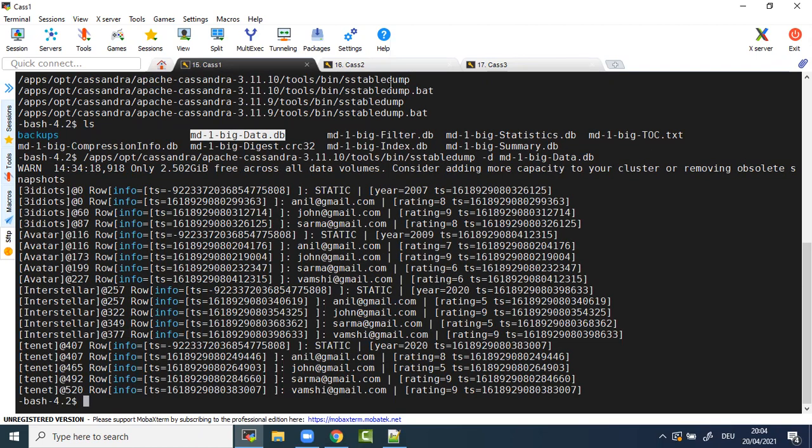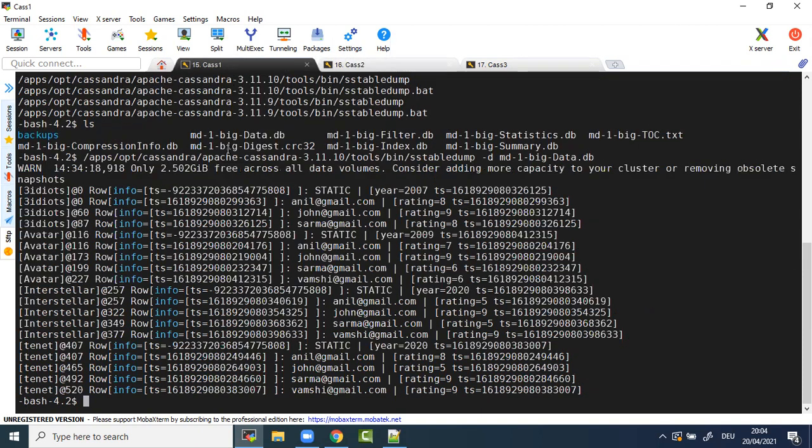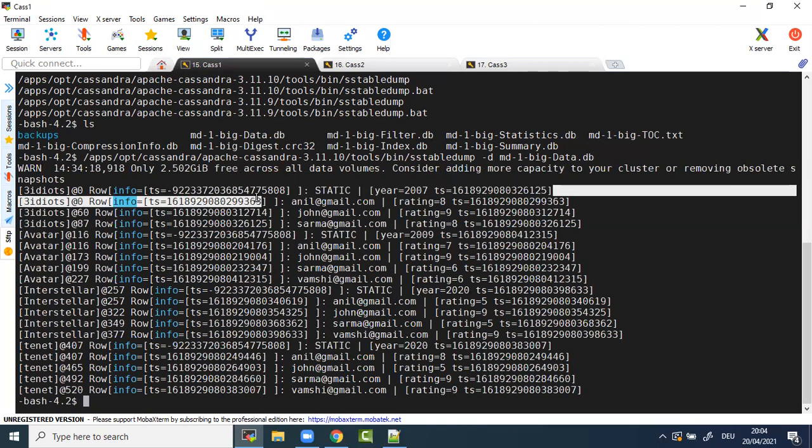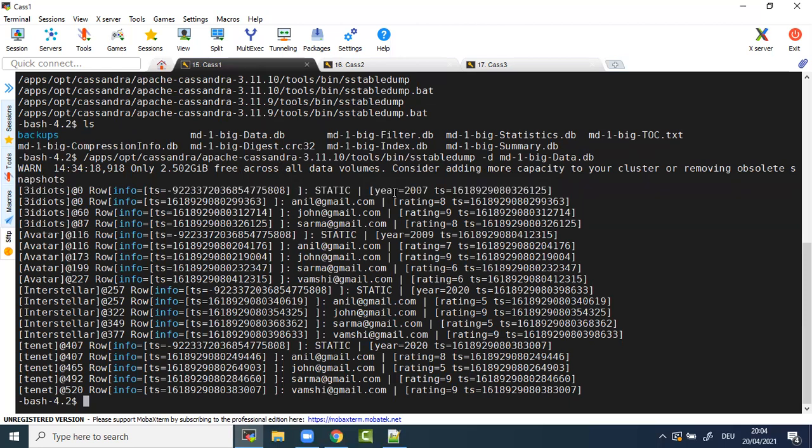So this is the internal storage structure for your static table. At the same time, this is the non-static table. See the difference in how it is storing. This is my partition key, and you can see your year, which is your static column, got an opportunity to sit with the partition key. It's stored only once. It is not with the other rows. So your static column will get shared by all your rows inside the partition.